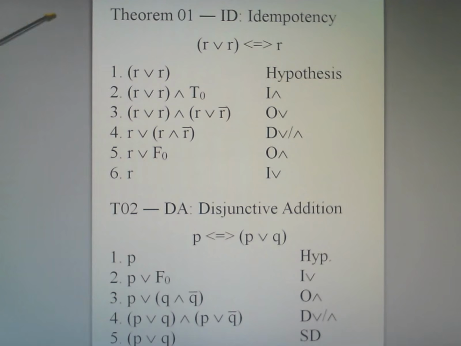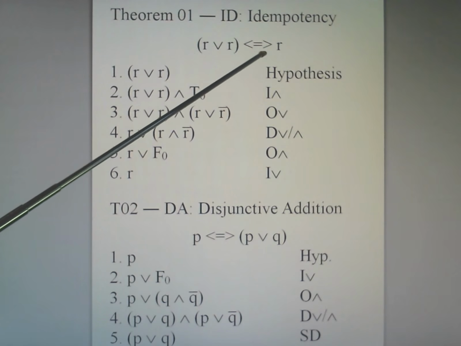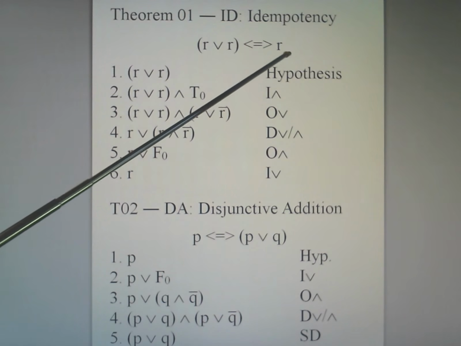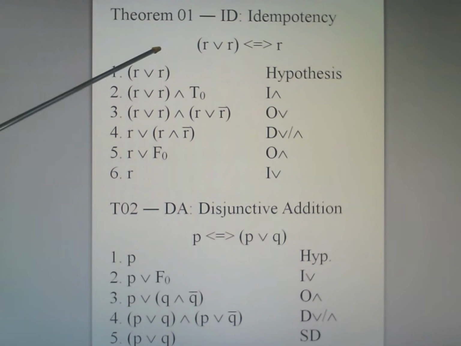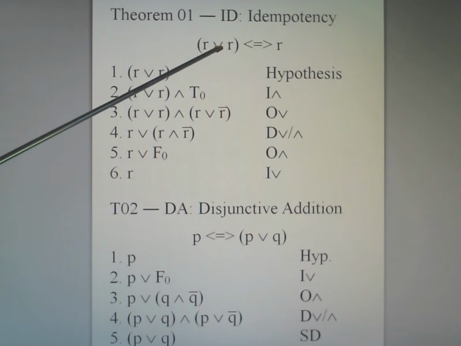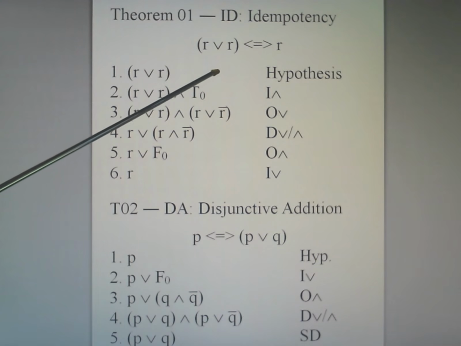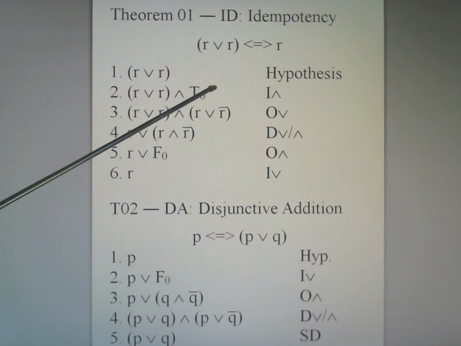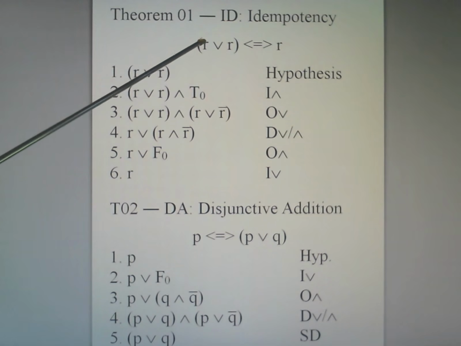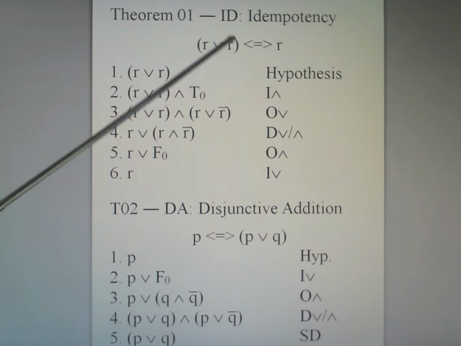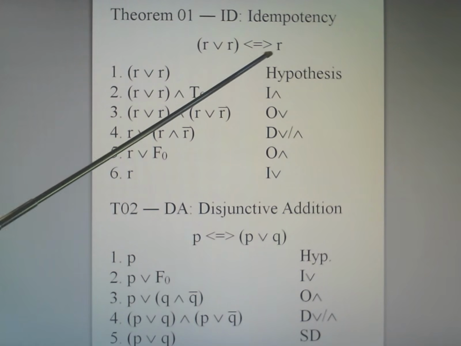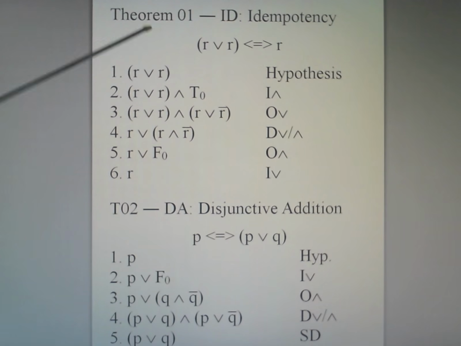What it says, of course, is that if you have a true or statement that combines R or R, then you can be absolutely certain that that is exactly the same as R itself. In other words, if R or R is true, then R is true. And of course, we can see that very plainly. Or only needs one true proposition in order to be true, right? But in any case, if R is true, just by itself, and of course that's what has to be true as well, but even if it were only true on one side, this would be a true statement, and of course R has been said to be true. That does not prove it, however.